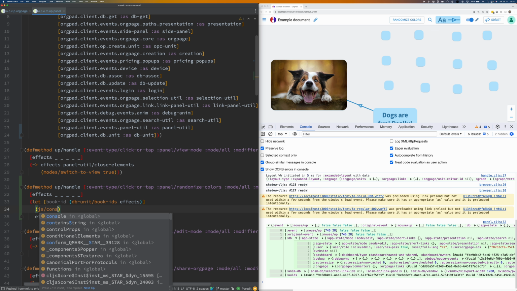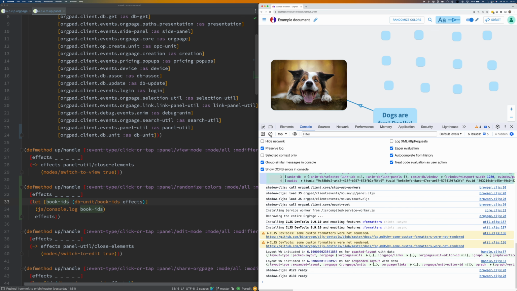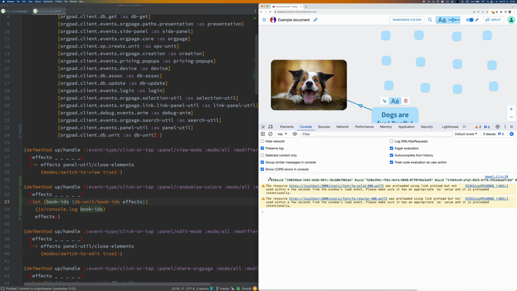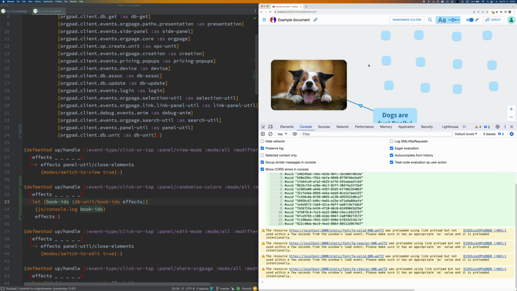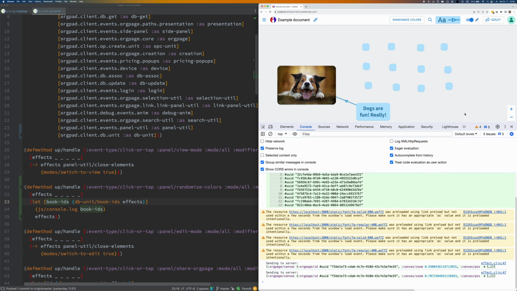So let's print them. Book IDs, not ID. Okay, let's save it now. Let me just hide this. Okay, and I see that right now I have 13 units, 13 book units. I have added a few so we can see the coloring effect.